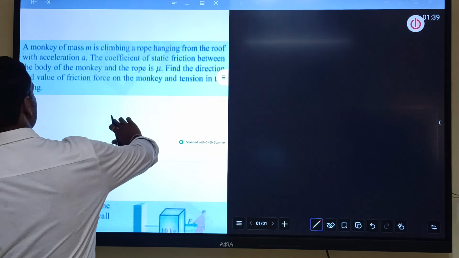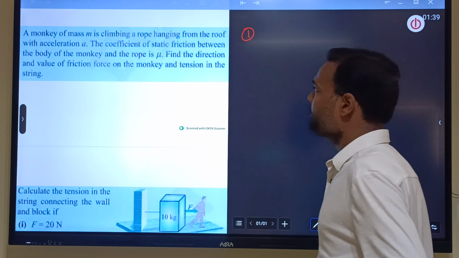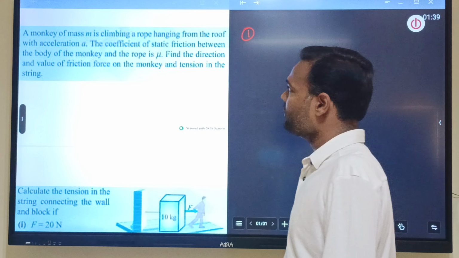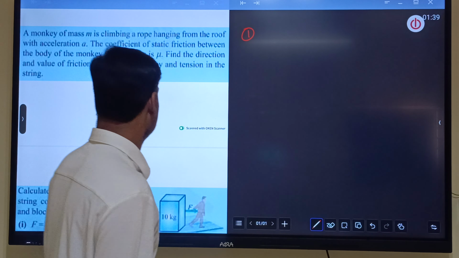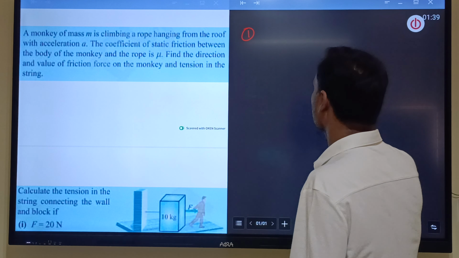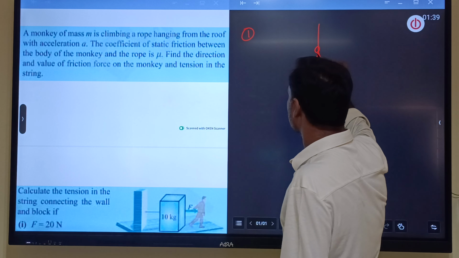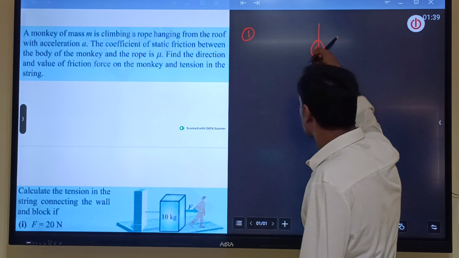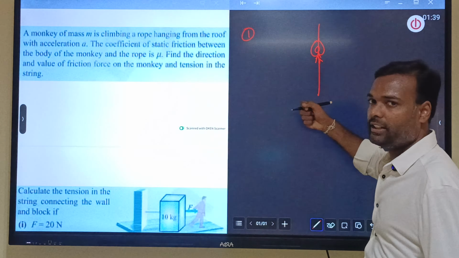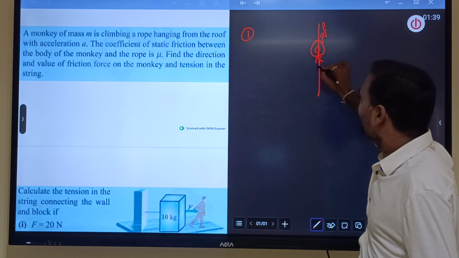First point, see here, a monkey is climbing a rope hanging from the roof with an acceleration a. The coefficient of static friction between the body of the monkey and the rope is mu. Find the direction and value of friction force on the monkey and the tension in the string. See, this is the string. A monkey is holding the rope like this, and it tries to pull the rope in the downward direction. So obviously friction will act in the upward direction, and mg is acting,